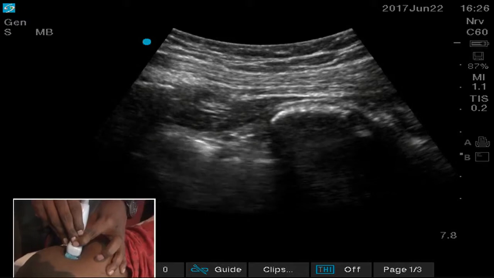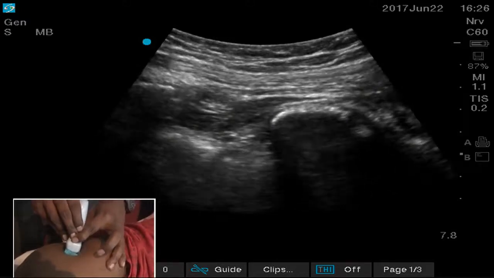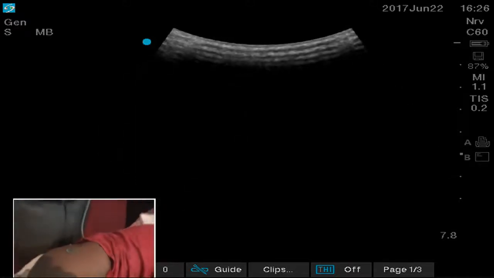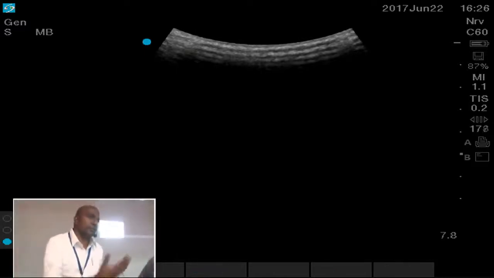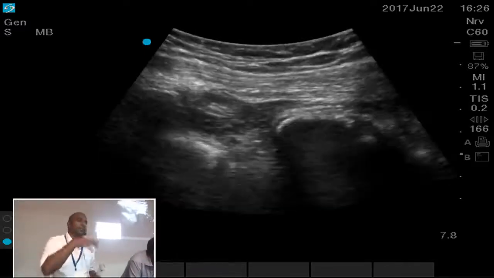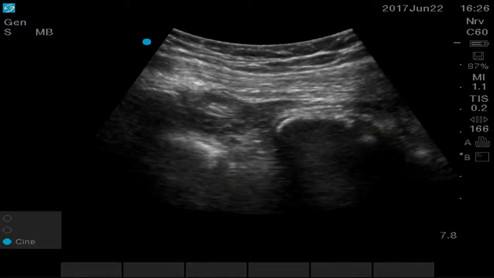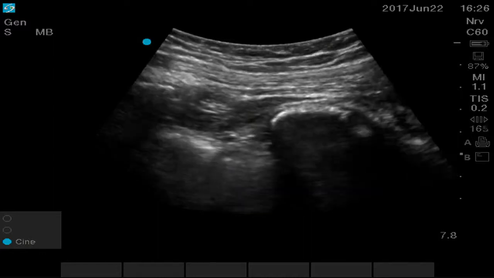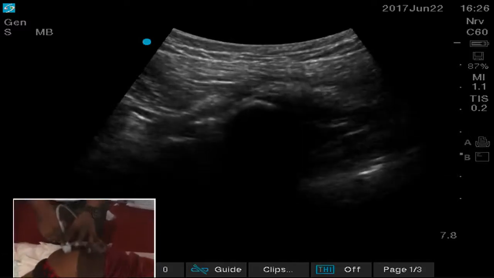This is a parasacral approach, because only if you deposit the local anesthetic at this place can it go into the sacral plexus. It will anesthetize your hip joint. If you want to provide analgesia for the hip joint, this is the block that we have to be doing, not anything distal to that. So after this we can come to the subgluteal approach,